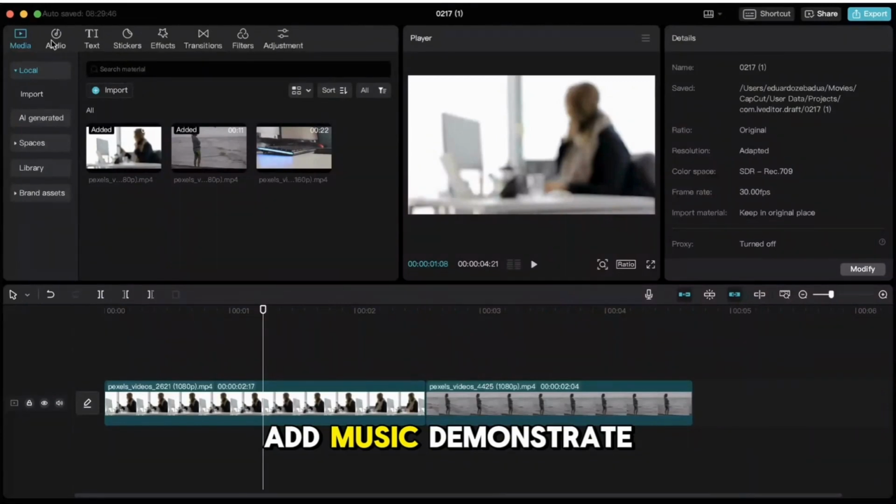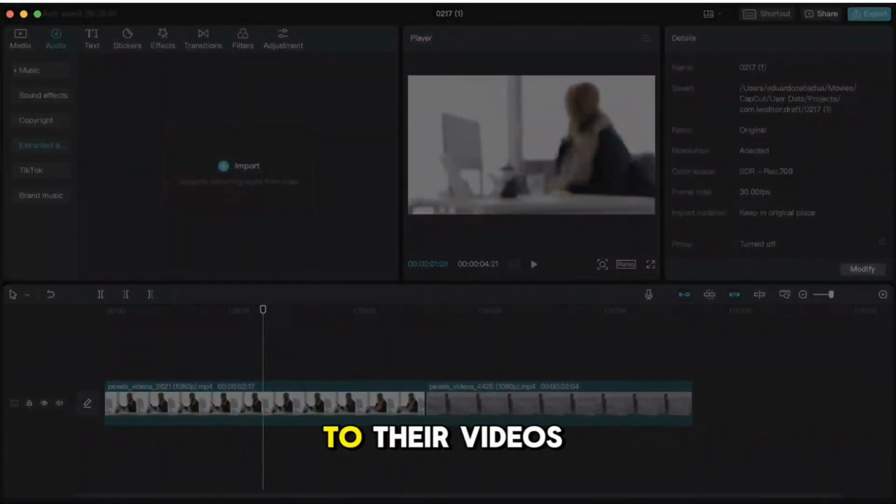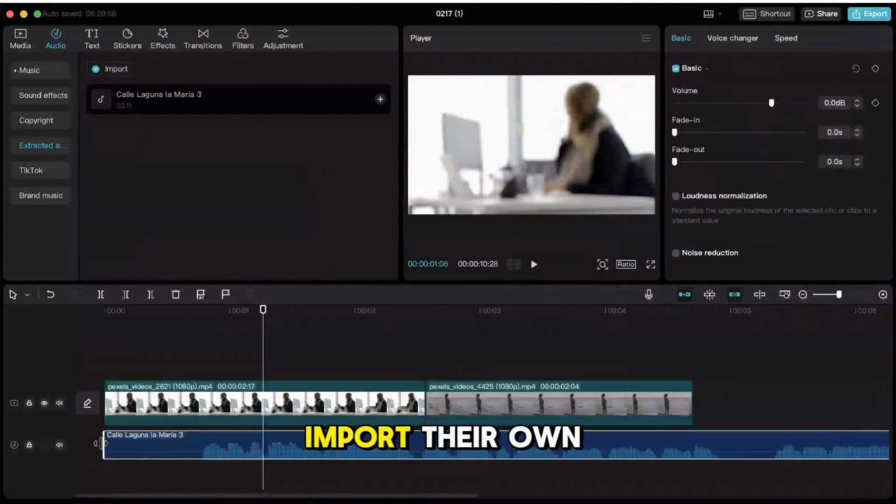Add music. Demonstrate how users can add background music to their videos from CapCut's library or import their own music